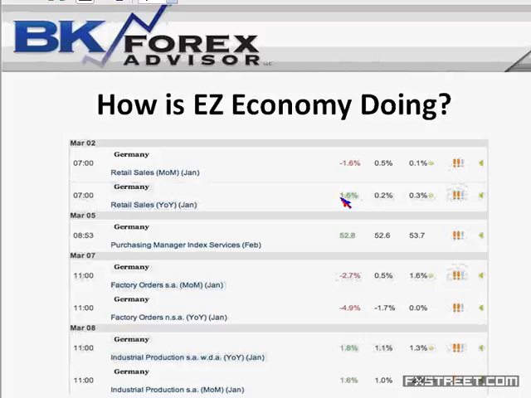This second image shows you that aside from the PMI numbers and inflationary numbers, you can also see at the very top here that German retail sales, the last release that we got, plunged. They were terrible. It was horrid. Also, German factory orders fell 2.7%. Industrial production increased a little, service sector increased a little in February, but we have the March numbers, so that's really what we care about. Overall, these numbers tell us that the Eurozone economy is slowing.